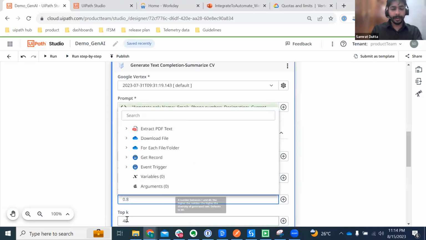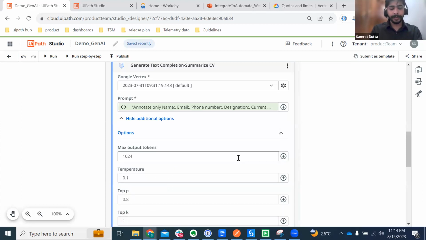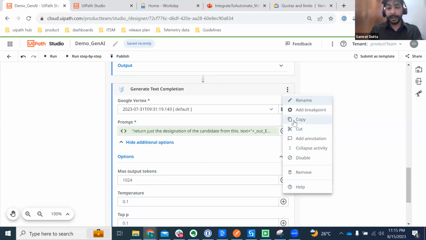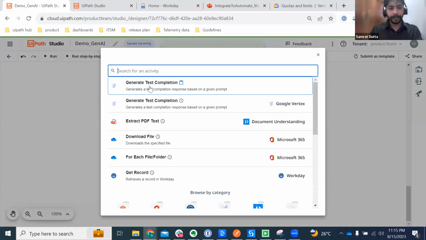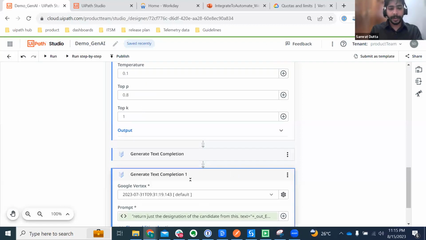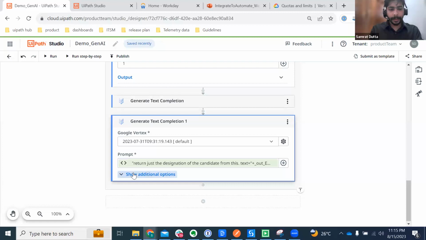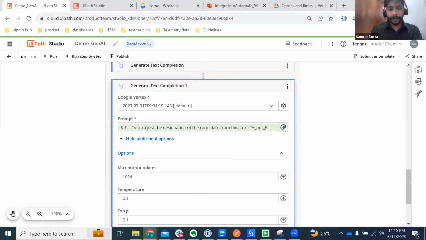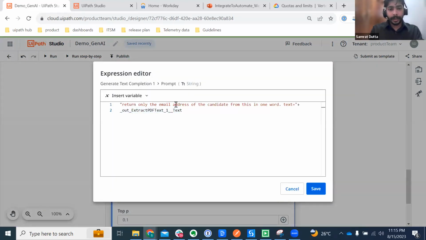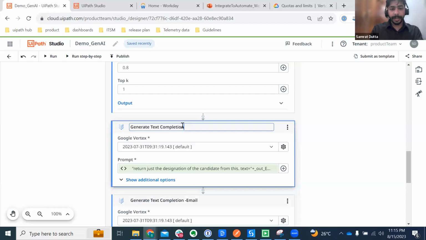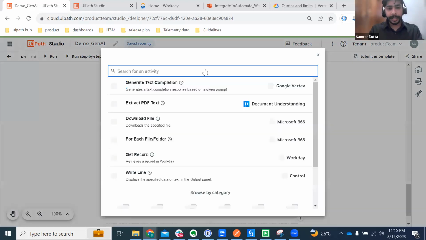One here as well. Okay, let's use this activity again. Actually, we can copy it. So generate text completion again. And what do you want to do here? Let's see, we want to extract the email address. So again, opening expression editor and the email address prompt. Let's rename it to email. Similarly, this should be renamed to position. And what's next? I guess